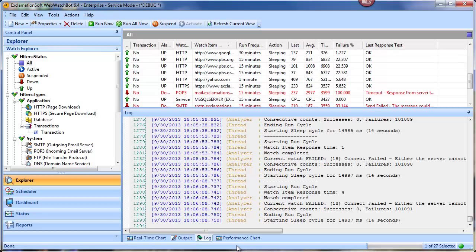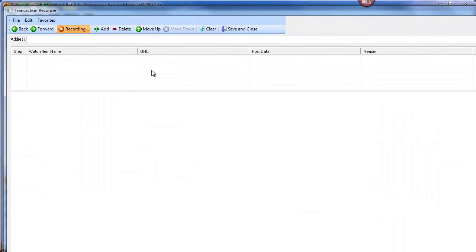I'm going to go through the transaction recorder feature of our product and also show you a number of the other features that are associated with transactions. To get started, you click on the drop down for the New button on the toolbar and then click Record a Transaction. This will open a secondary window that I'm resizing to fit within this video,